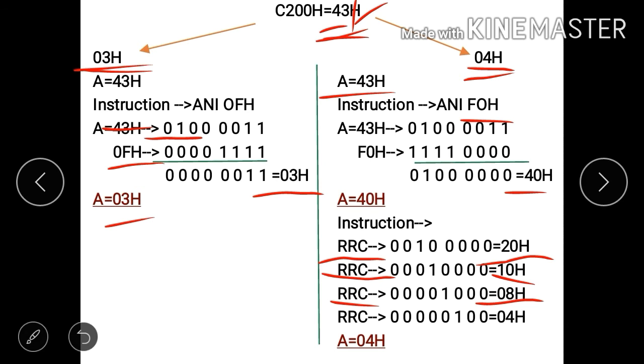So again we execute the instruction RRC. Finally we get 04H in the accumulator. So finally we got the two data, 03H and 04H, for multiplication.